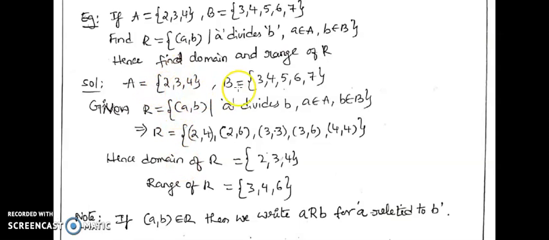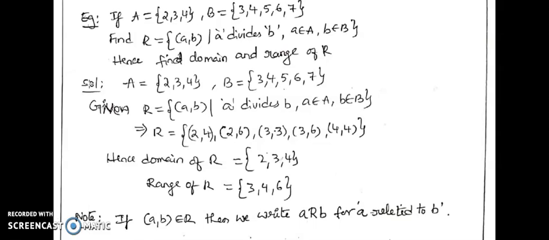The next pair is 2, 4. It clearly belongs to the relation because 2 divides 4. The next pair in the order is 2, 5. Because 2 does not divide 5, 2, 5 does not belong to the relation. Similarly, we collect based on the divisibility that A divides B, the different ordered pairs of the relation can be collected.